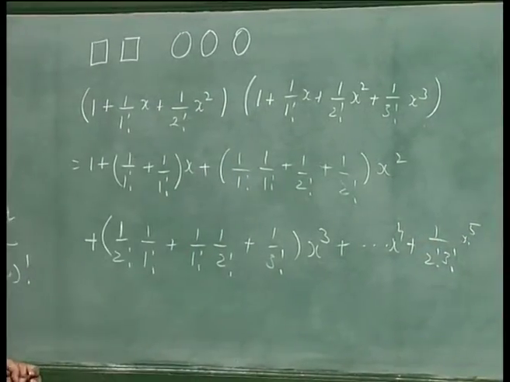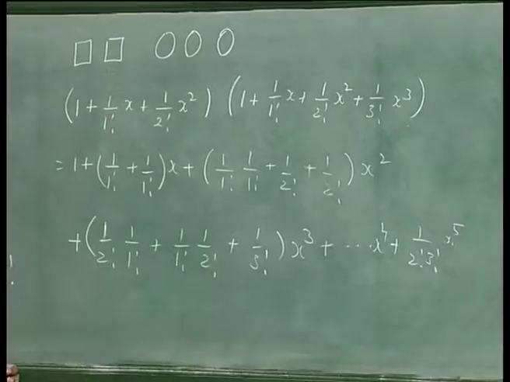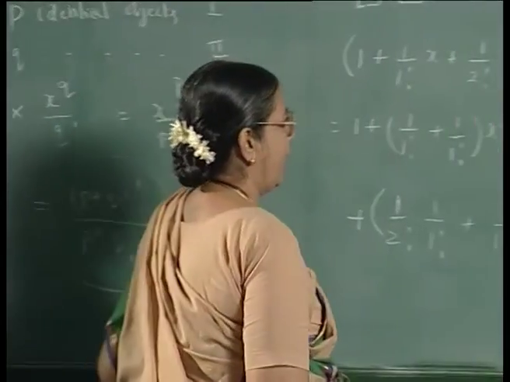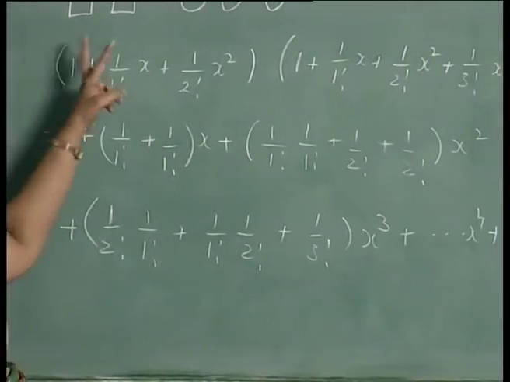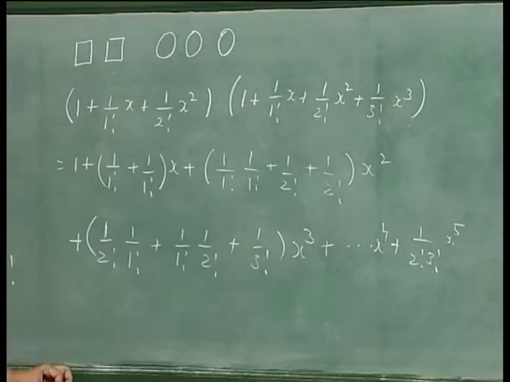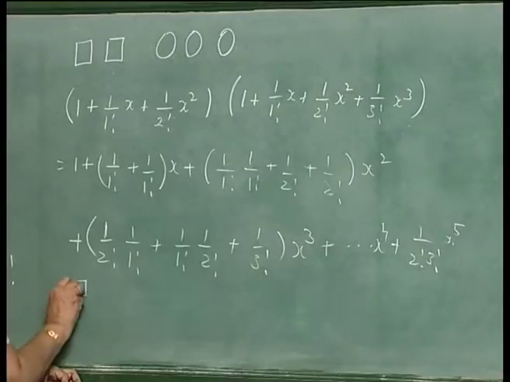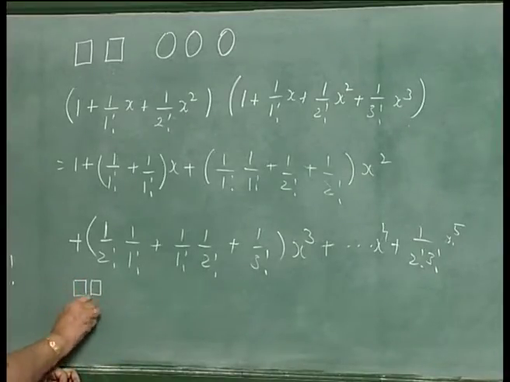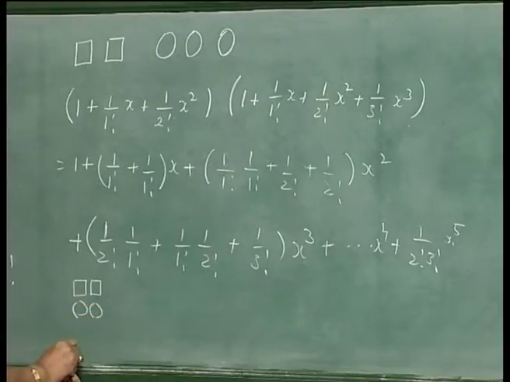This is the exponential enumerator. Suppose I want to pick 2 of them out of these 5 and arrange them. In how many ways can you do that? You can pick 2 like this, or you can pick 2 from the other set, or you can pick 2, one from this and one from this, in which case you can arrange like this.